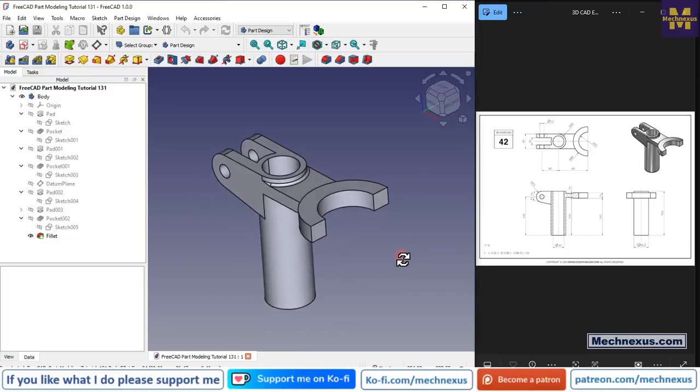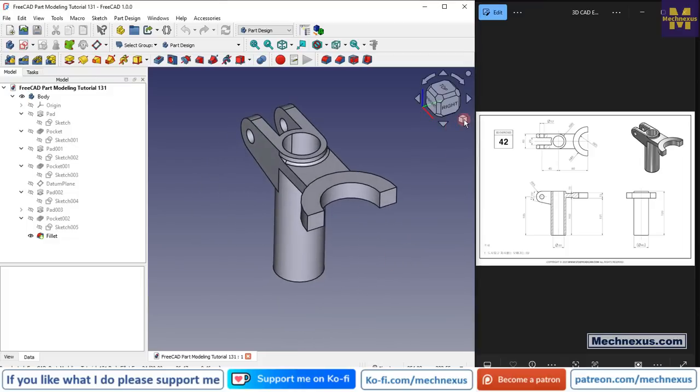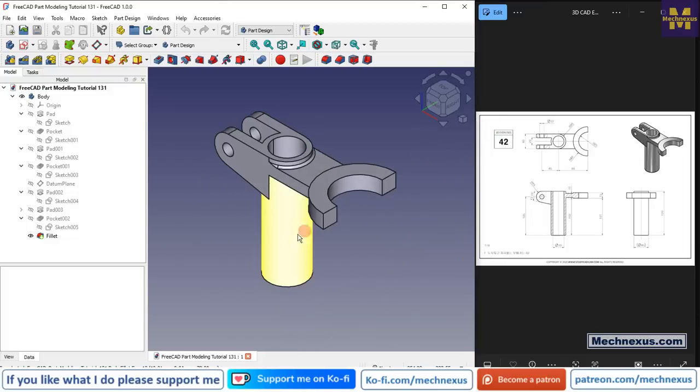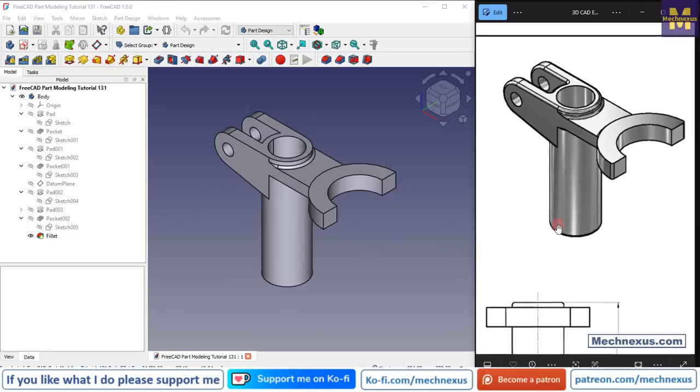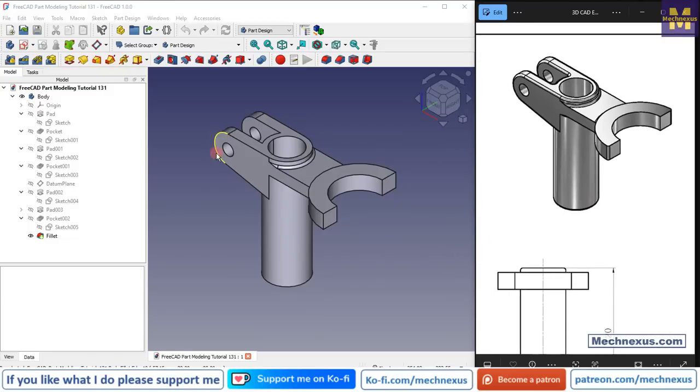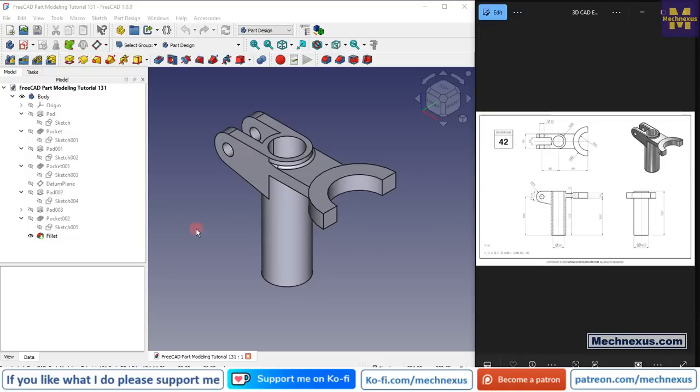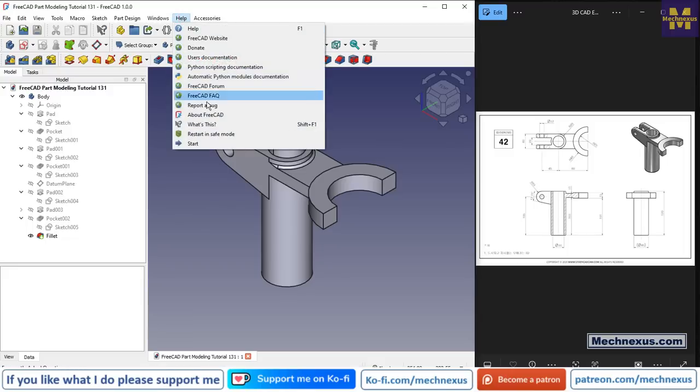Hello friends, welcome to FreeCAD tutorial, and in this tutorial we will model this part, and you can see that I have already modeled it, and our FreeCAD model is matching with the reference drawing isometric view. We will do this part with the help of a part design workbench, and for this part modeling tutorial I